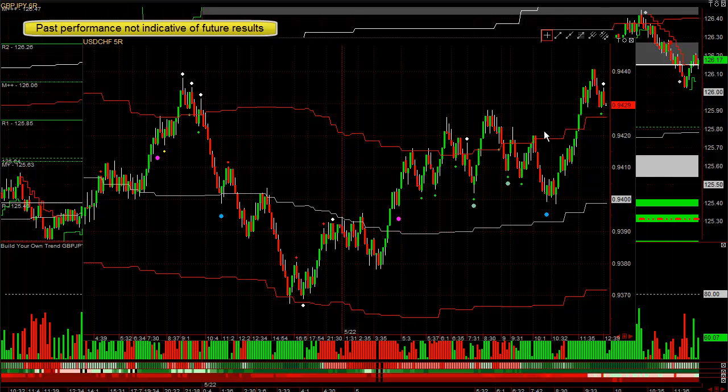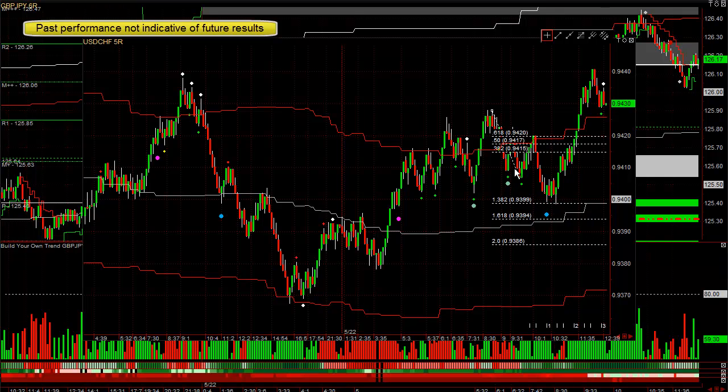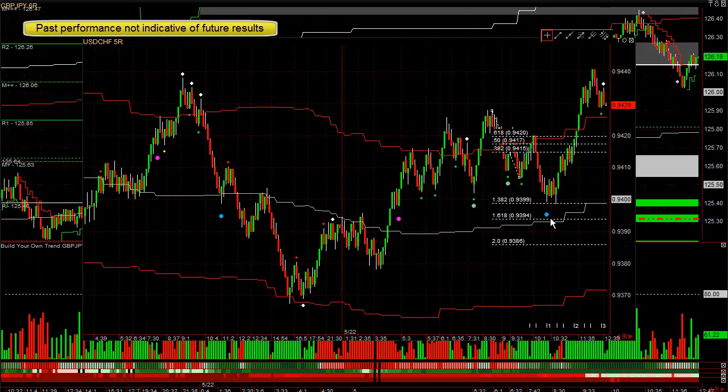Pullback, small profit, deeper pullback. This is also our Elliott two-wave pullback. Anytime you have a swing down like this, let me draw it correctly here. Anytime you have a wave down, when you have a strong trend after a 2-wave pullback, it's very likely to go back up. You also have a buy signal right here, and you can see it exploded up from 9,400